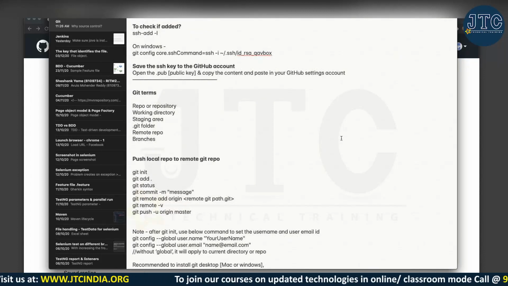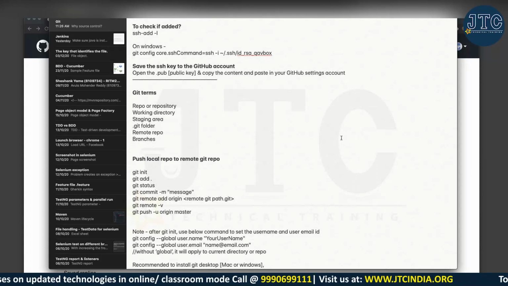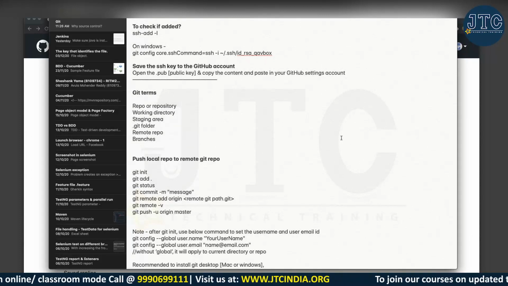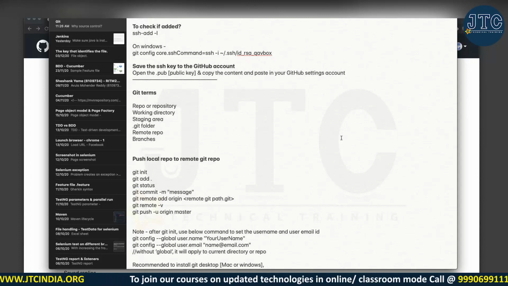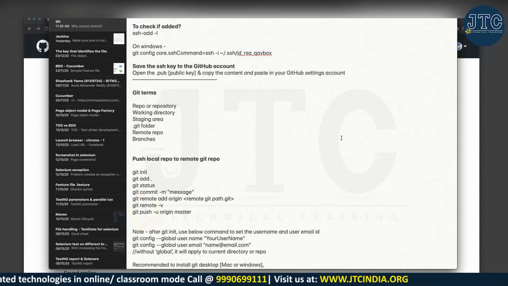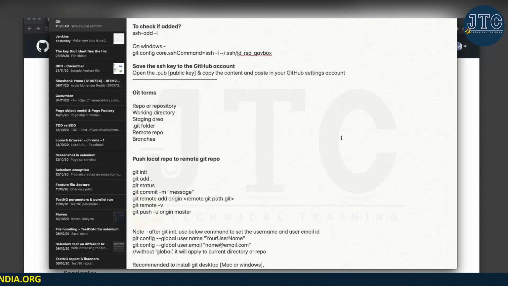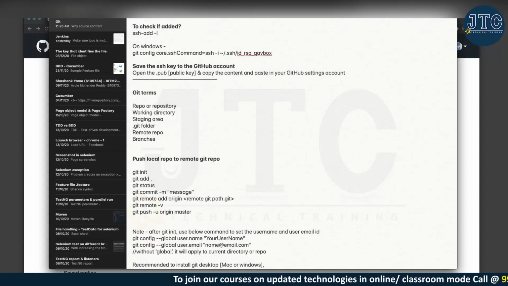Now let's understand a few of the Git terminologies that will be useful for us, because when you are using Git, most probably you will be talking to each other. For instance, if I am learning Java and I say Eclipse, we have to understand what Eclipse is. I should not have to say every time, open Eclipse where you will be writing all the code. It's a terminology that everybody should understand. If I say write a class or create a Java file, there's no need to explain it every time we are talking day in, day out. The same thing, Git has its own terminologies, and we have to be very familiar with those things.